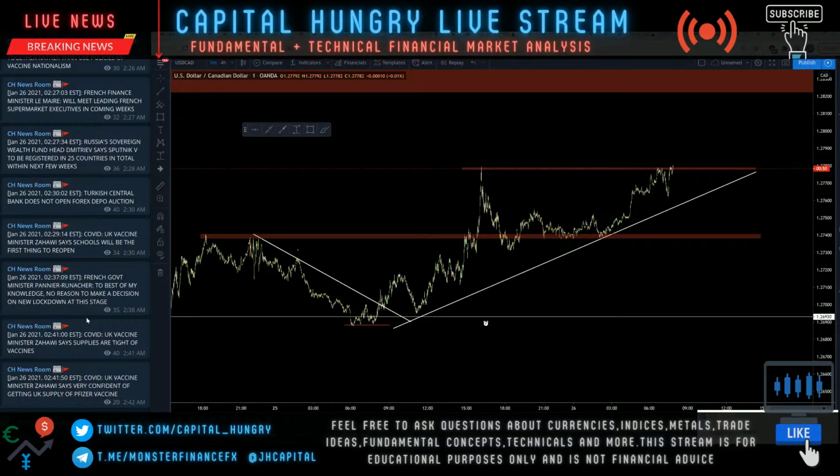I personally only trade 1 to 2 pairs at a time, but I look at all of these various pairs for trade ideas. A lot of them because they work hand in hand. Like when you're looking at risk currencies versus safe havens or vice versa. You get what I'm saying?